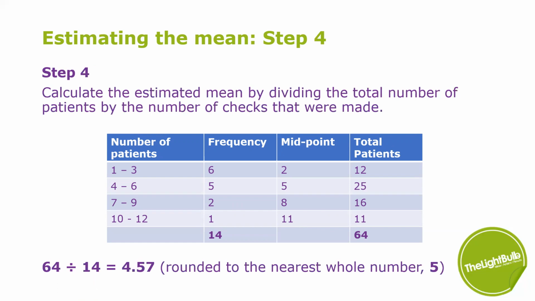But if I'm going to consider the scenario here that I'm talking about people, then it's not much good having 0.57 of a person in my reckoning. I'll need to round that to the nearest whole number, the nearest whole person, because we're over the 5. That's going to go up then. So it's going to be 5 people is the estimated mean number of people waiting in the waiting room at any one time. And that is how we work it through from beginning to end on finding the estimated mean average from a